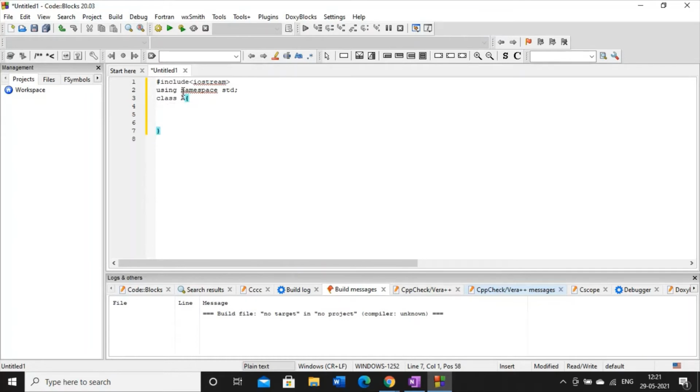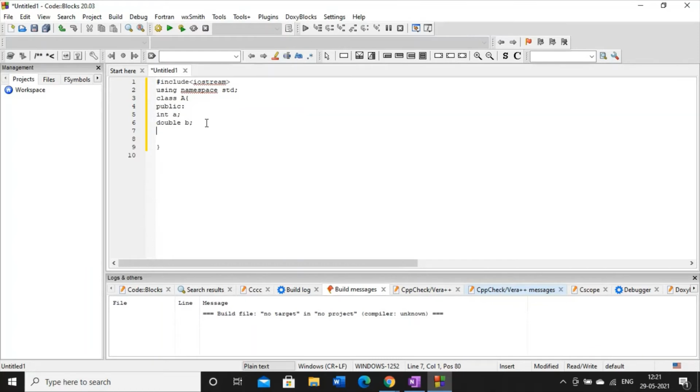After defining the class, we are going to define the data members of the class. Now, data members of the class can be of any data type. It may be int, it may be float, or it may be double. Any kind of data type we can define. Now, before defining a data member or function, we have to mention the access specifier as public. Then our next task is to define the function.